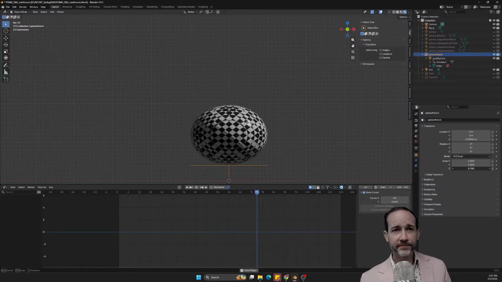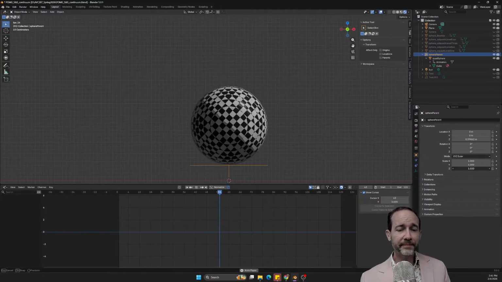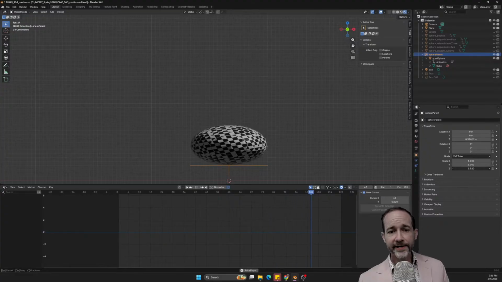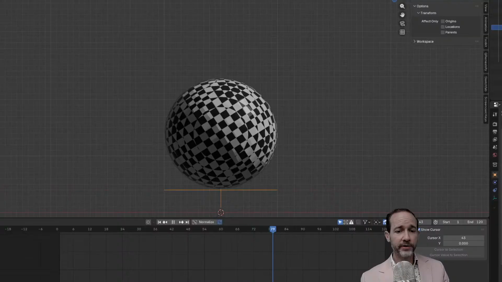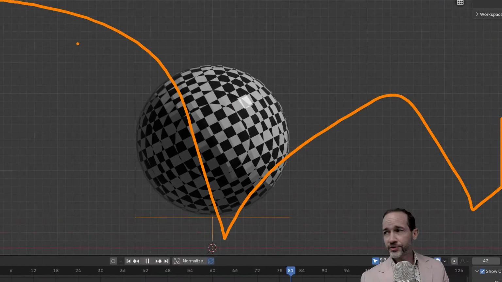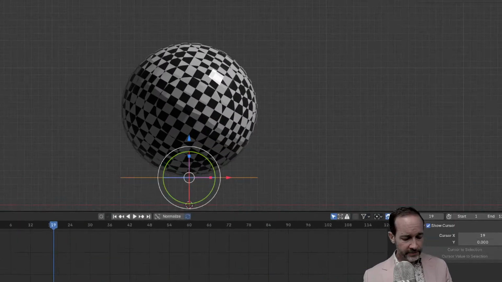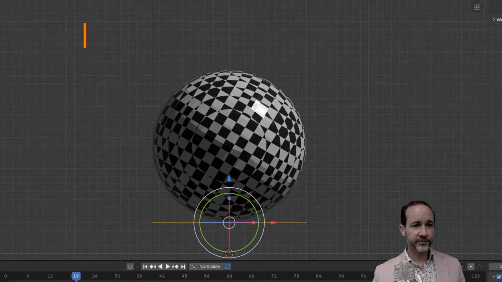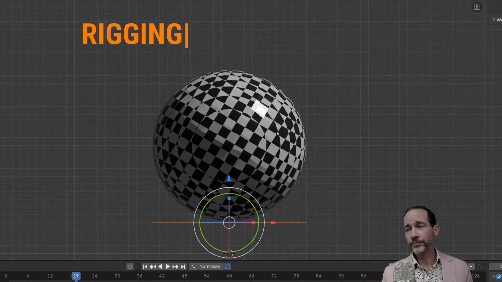Does this make sense for everybody here? Not only what's happening, but why this is useful, right? In this instance, we're going to have this ball do a bouncing squash and stretch while it's moving across, and it's going to rotate. And so what are we doing here? We have officially entered the world of rigging, right? We're setting up some kind of multi-part system that's going to allow us to do the animation, right?